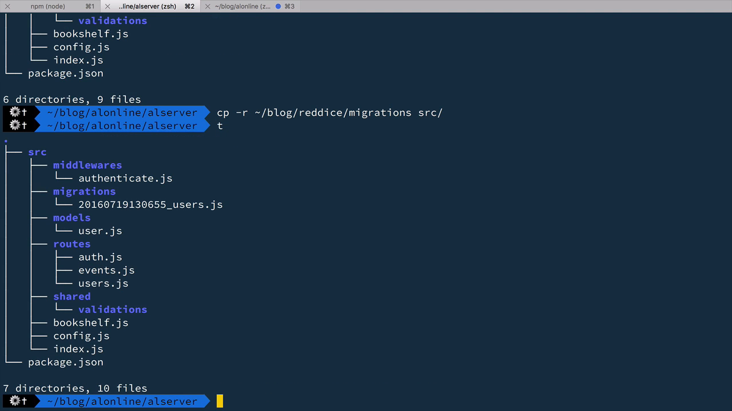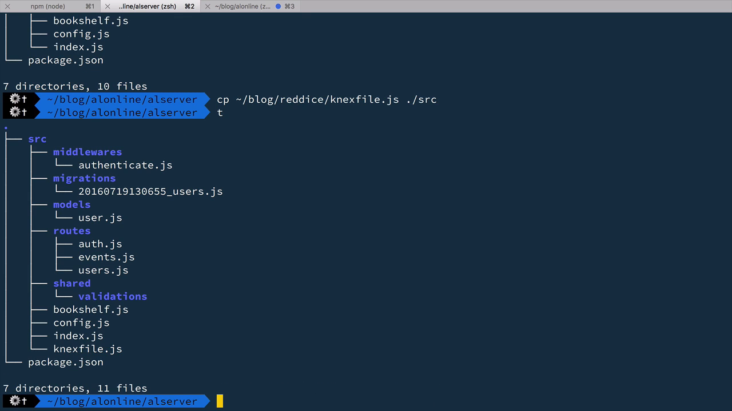Okay, we have migrations, only one migration so far. And also we need to copy the Knex file and place it in the source folder as well. Okay, so now we have the Knex file and migrations. That means that when we run the knex command from the root folder, we need to specify where our Knex file is located,